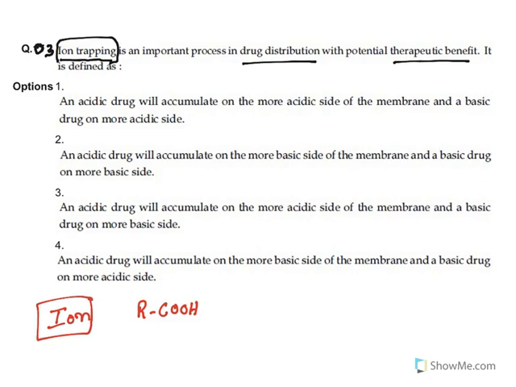Now what happens with ionization of aspirin in the stomach as well as in the intestine? In the stomach, we have HCl, a highly acidic environment. In a highly acidic environment, it remains as such, because this is also an acid and the stomach has strong acid. Whereas when it gets into the intestine, it is exposed to a slightly alkaline environment. What happens? This alkali takes up the proton and it is converted to COO minus.